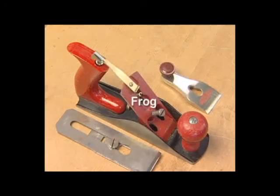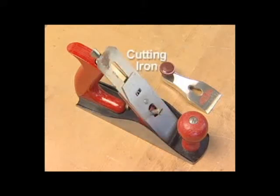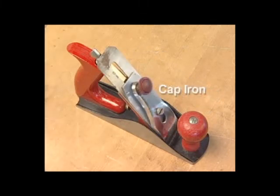The frog is a subassembly that provides the mounting base for the cutting iron and contains a lateral adjustment lever and depth adjustment knob. The heart of the plane is the cutting iron, which on a jack plane is positioned at 45 degrees. The cap iron, also called a chip breaker, is attached to the top of the cutting iron